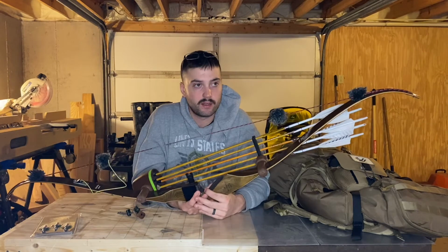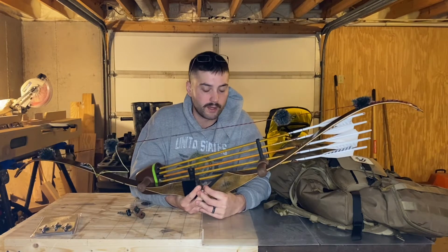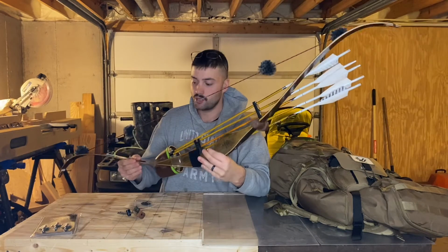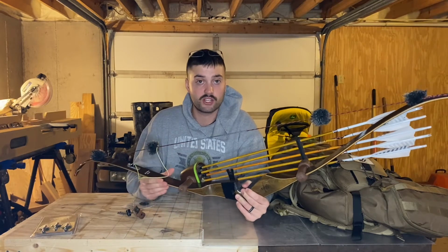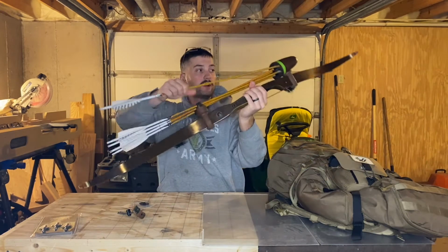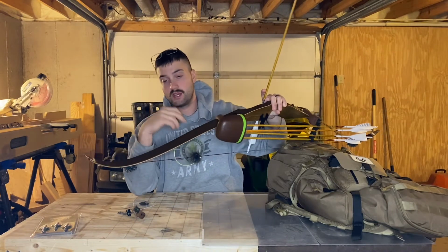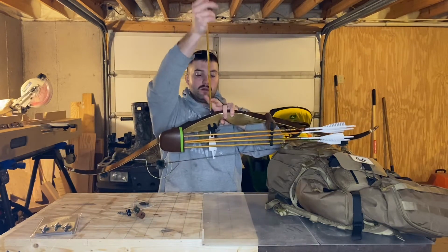when a bow is made, a traditional bow, they're generally made tillered a certain way. And I don't think it would be a total stretch of the imagination to say that these older bows were all made tillered to be shot with a split finger grip on the string. That is where you have the arrow knocked in on the string, and you grab it like this. I shoot, along with many others, a 3-under grip,